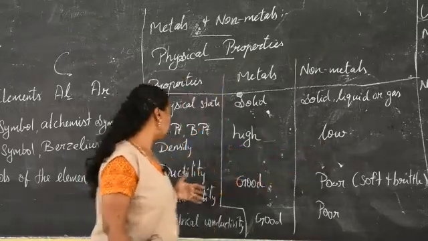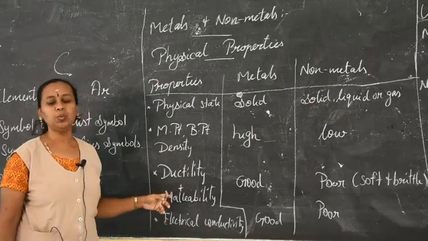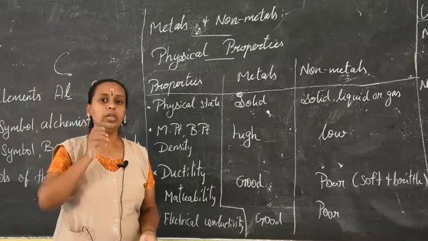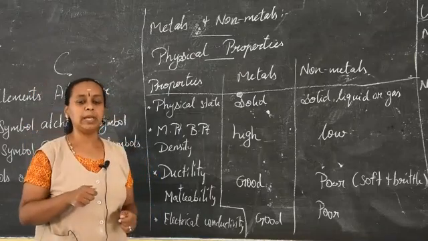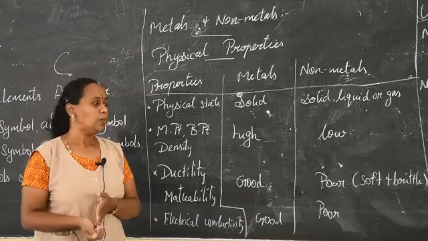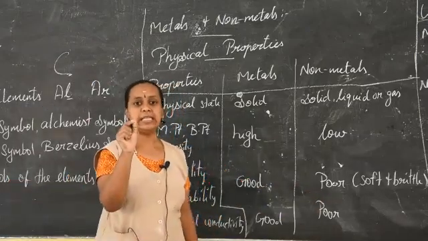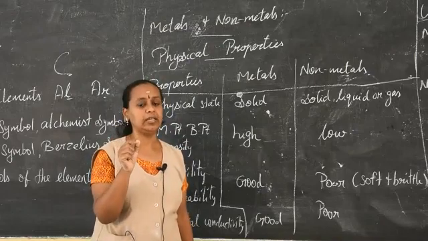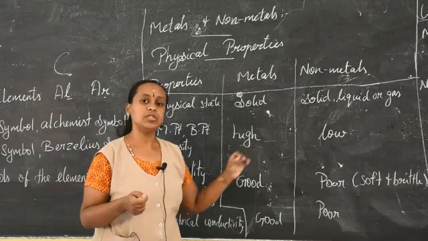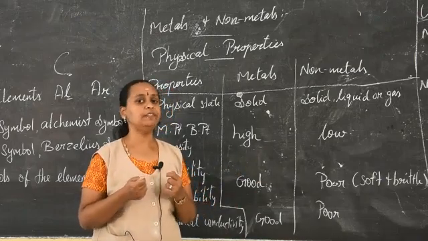The next one we are dealing with is ductility and malleability. I told you what ductility and malleability are. When you take iron or gold and hammer it, it can be hammered. It is very hard, so you can easily hammer it. But when I take non-metals like carbon, such as your pencil lead, which is made up of graphite, it is very soft. If you hit it with a hammer, it will break. So it is soft and brittle. Brittle means easy to break. That is the meaning of brittle.